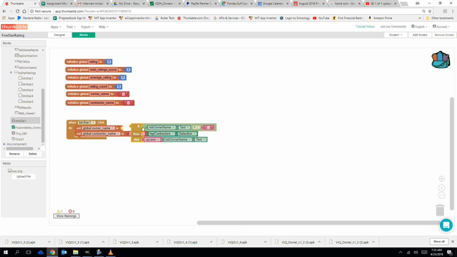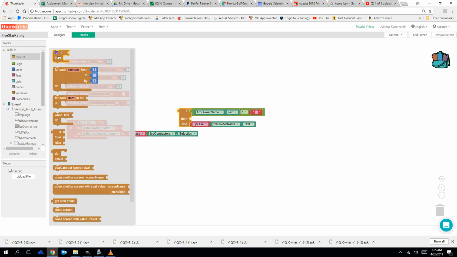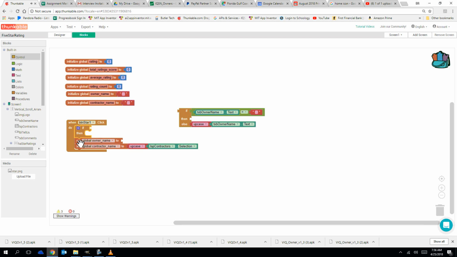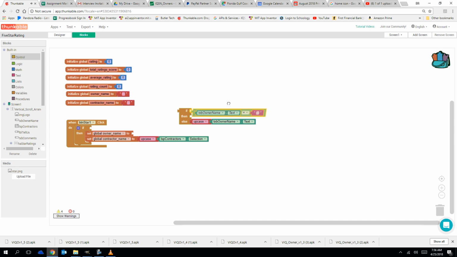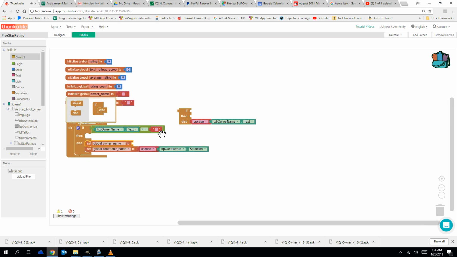Nothing, so that's not going to work. So let's do this a different way. So we'll just say something like if, and I'll come down here and say, that was weird. If the text box is blank, then... I'll just have to do this manually here. If the text box is blank, then